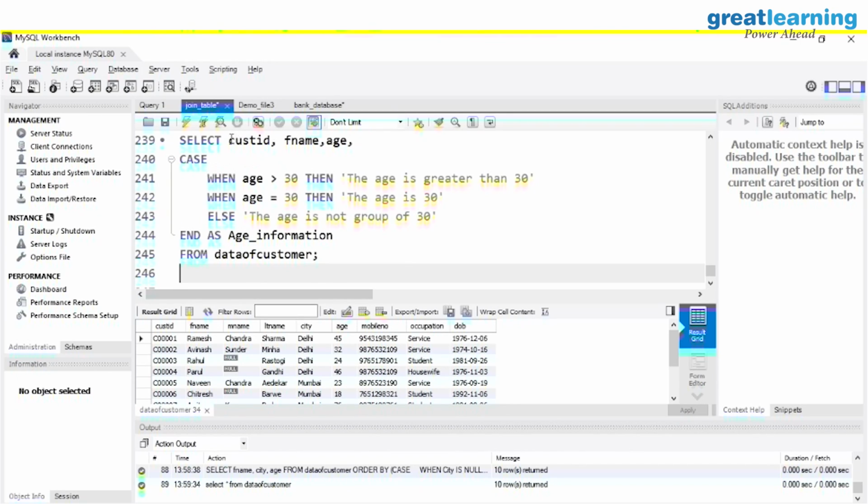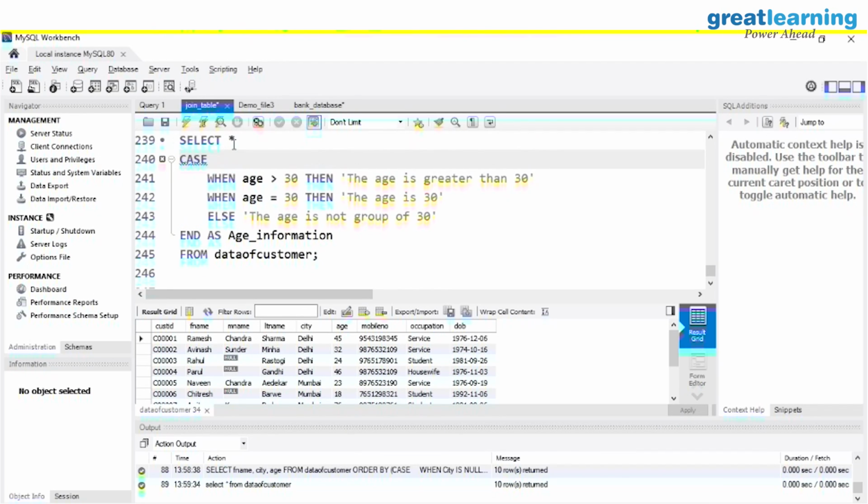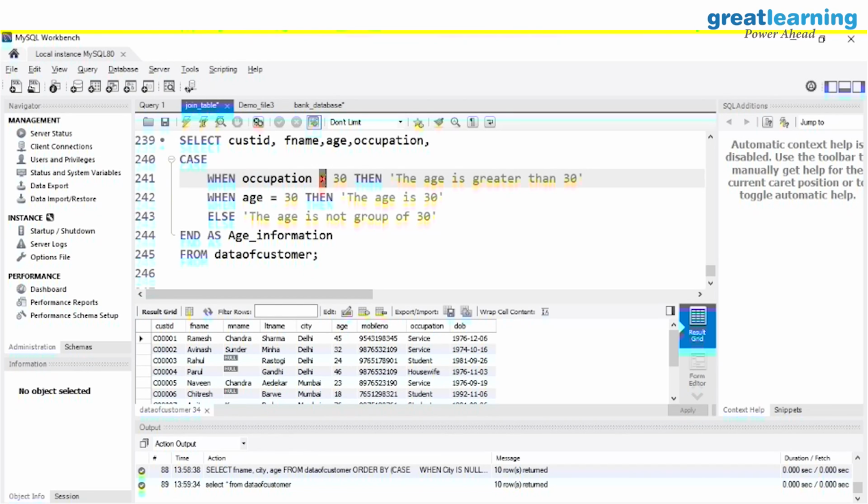Select customer ID, or can we work with star? I don't know if it's going to work or not. Okay, select star, no, it's not going to use that star part. So I want customer ID, name, age, and occupation. I want to see the occupations as well. Then when occupation is equal to service